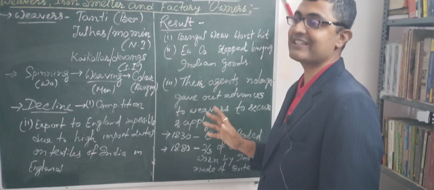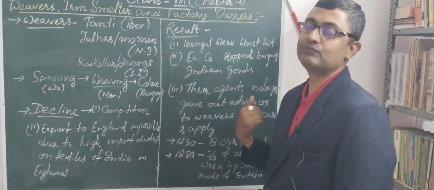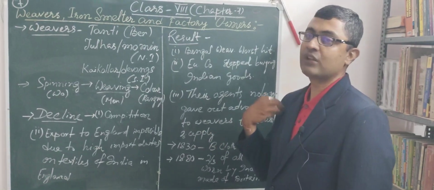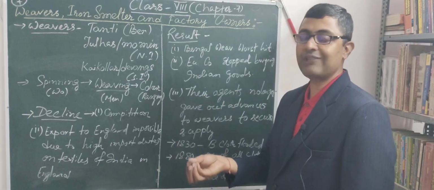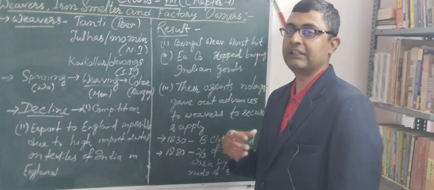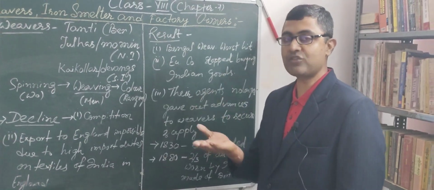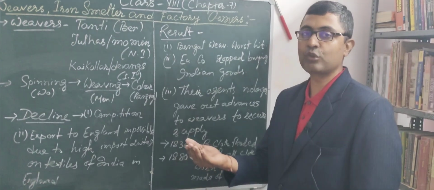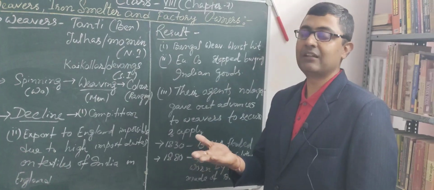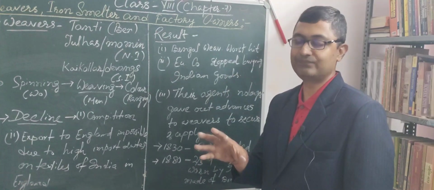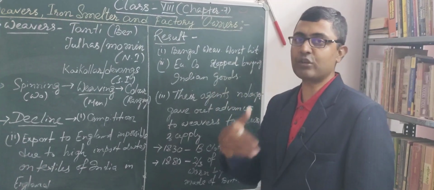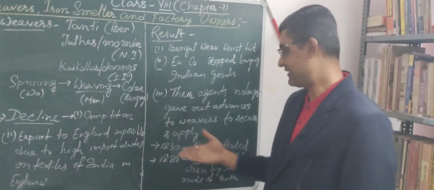So what happened in those days? Initially, the European traders came to the weavers and gave rupees in advance, and in return the weavers gave a promise to the traders that they would supply the goods for that money to the same European traders. So this is the initial advance exchange. They bought the product, or they relied on those advances.